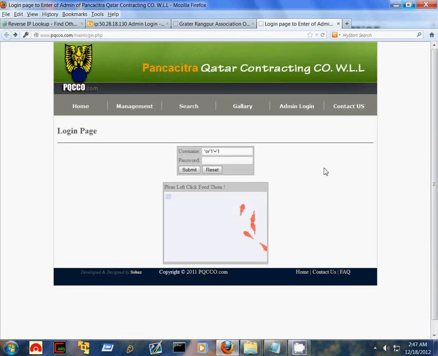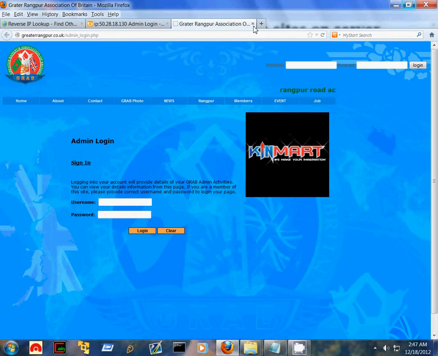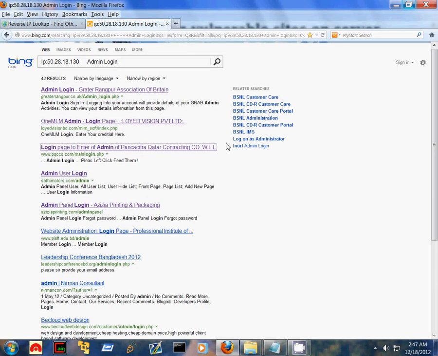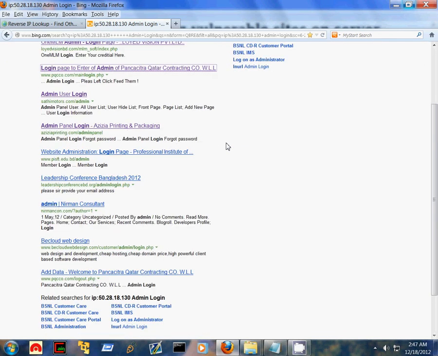If the site is vulnerable, you will be successfully logged in to the admin panel. Well, this website is not vulnerable, so it shows wrong password. So like this you can find all the admin login vulnerable websites which can be bypassed.